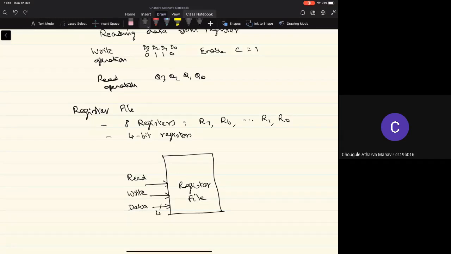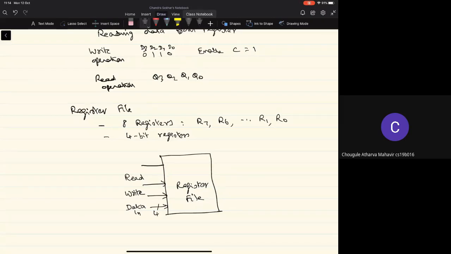So that data will be of 4 bits width, because we're talking about 4-bit registers. So this is called the data in. Okay. And at any point of time, you may want to read only one of these registers' contents, or you may want to write in one of these registers. So that has to be specified by what is called the address of the register. All right.